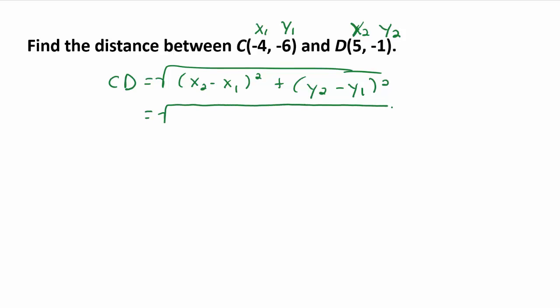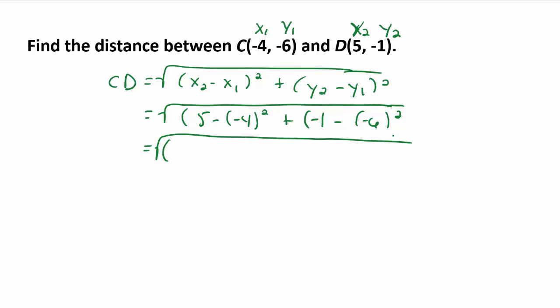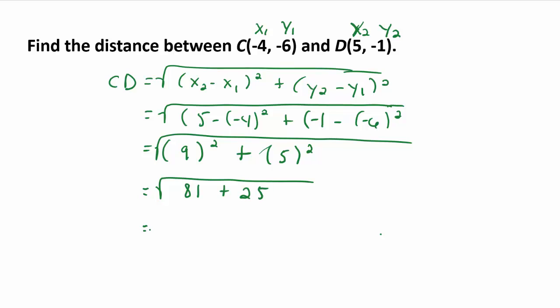Okay, let's go ahead and plug our numbers in. X2 is 5 minus a negative 4, which is x1 squared, plus y2, which is negative 1, minus a negative 6 squared. Let's write our square root sign. 5 minus a negative 4, which is 5 plus 4, is 9 squared, plus negative 1 minus a negative 6, which is negative 1 plus 6, is going to be 5 squared. Continuing on, 9 squared is 81, plus 5 squared, which is 25. 81 plus 25 is 106, which is approximately